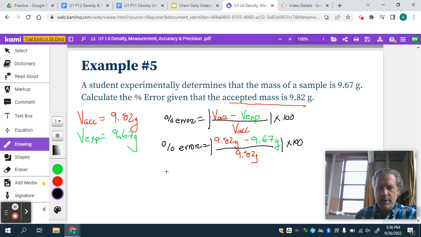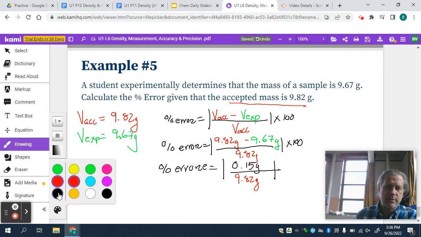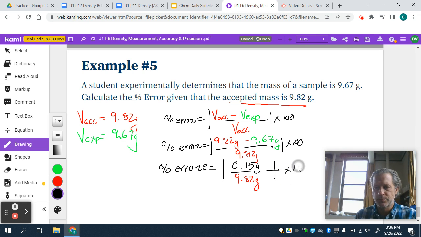So we have percent error. I'm just going to continue going along, showing the work, is equal to 0.15 grams over the 9.82 grams, and that's still going to be times 100. So 0.15 divided by 9.82